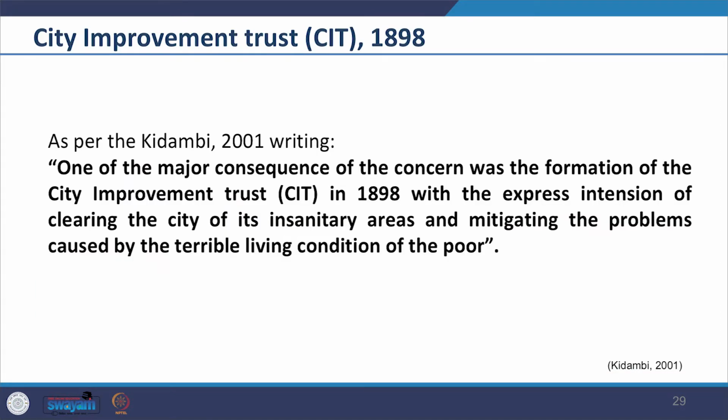As per Kidambi's writing in 2001, one of the major consequences of the concern was the formation of the City Improvement Trust (CIT) in 1898, with the express intention of clearing the city of its insanitary areas and mitigating the problems caused by the terrible living conditions of the poor. So we had seen all this in our public health